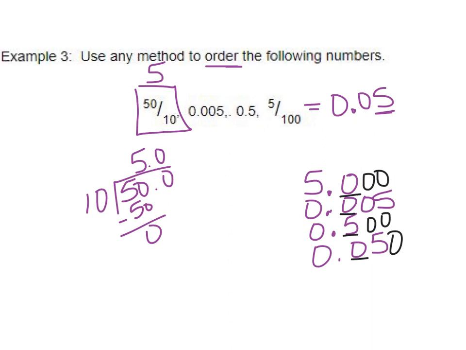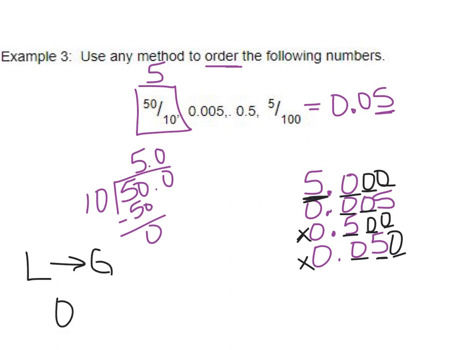So zeros, there's 3 of them. There's 0, 0, 0, so this one still has them. So then 0, 0, 0. So in this case, I know it's not this one, so that's not first. This is not first. So this one's first, and this one has a whole number, so it can't be first. So least to greatest,